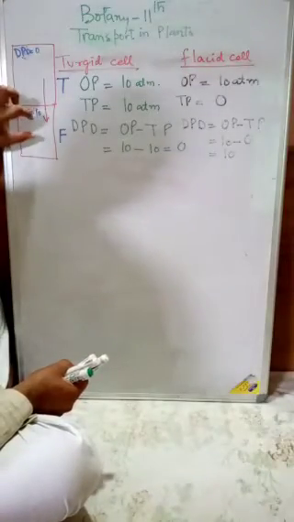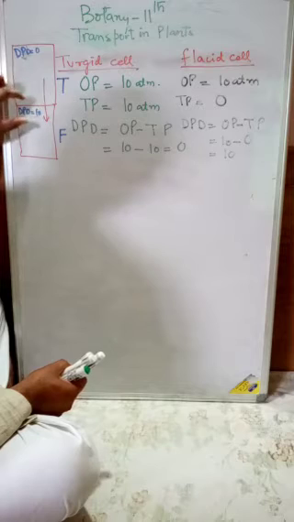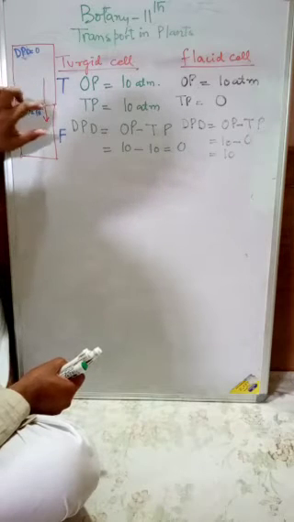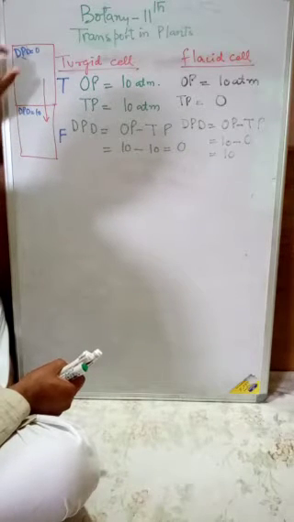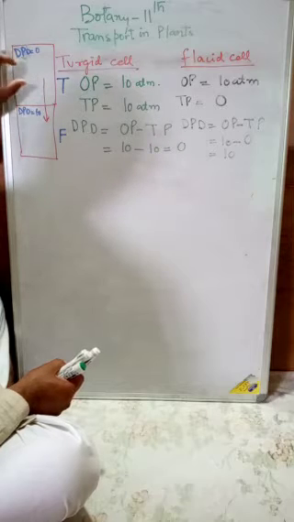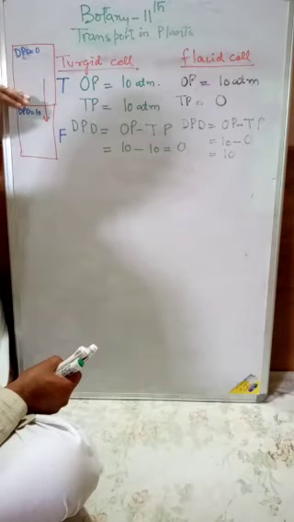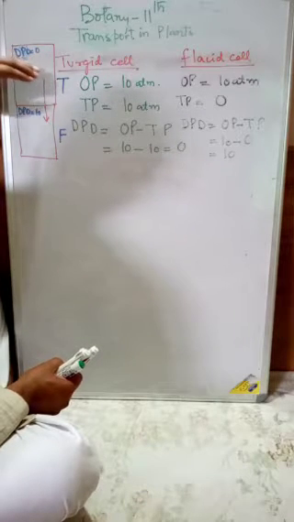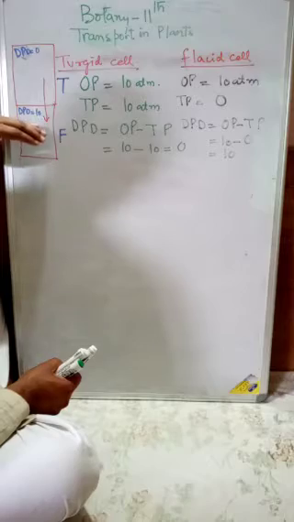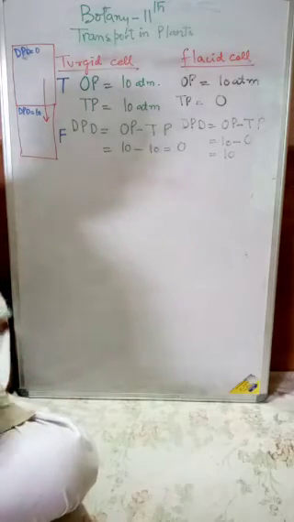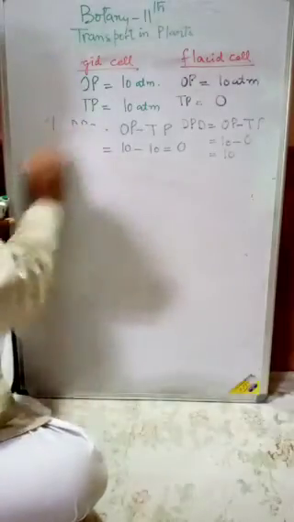So we can conclude this: when two cells are separated by means of a semi-permeable membrane, and one cell has got the low diffusion pressure deficit and another one has got the higher diffusion pressure deficit, the water will move from lower diffusion pressure deficit to the higher diffusion pressure deficit. Now let us try to solve